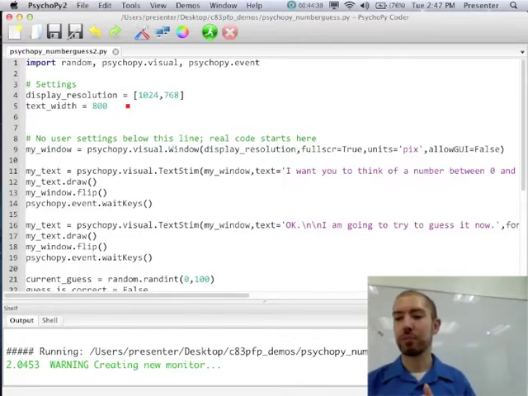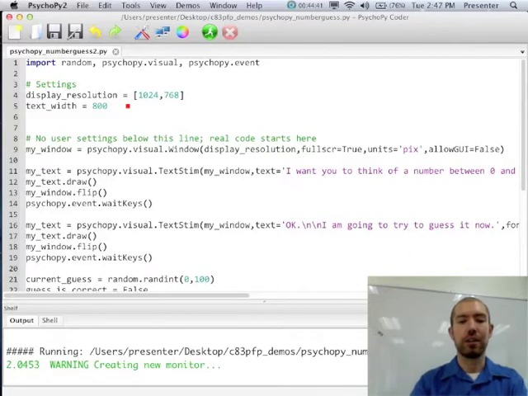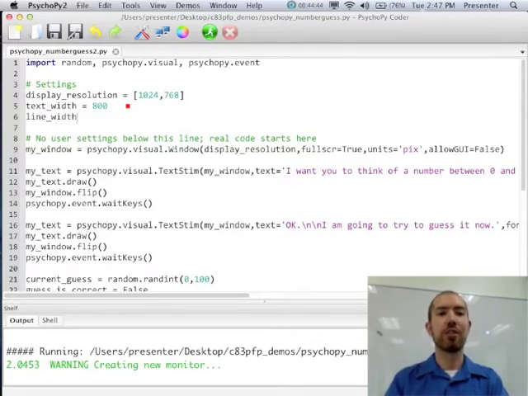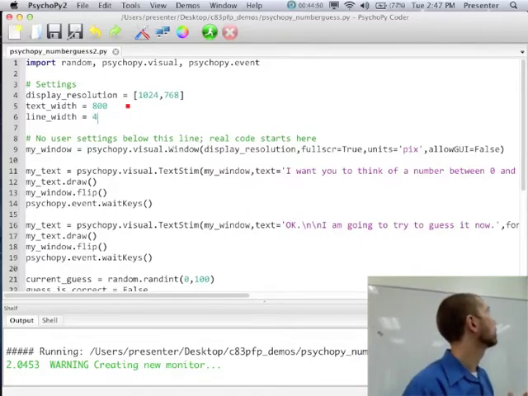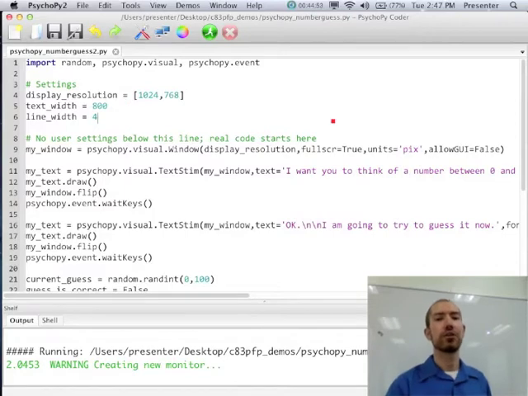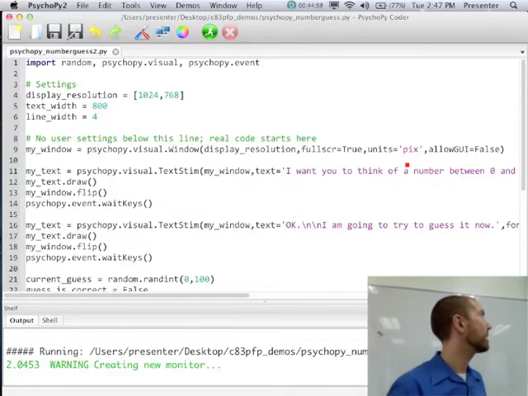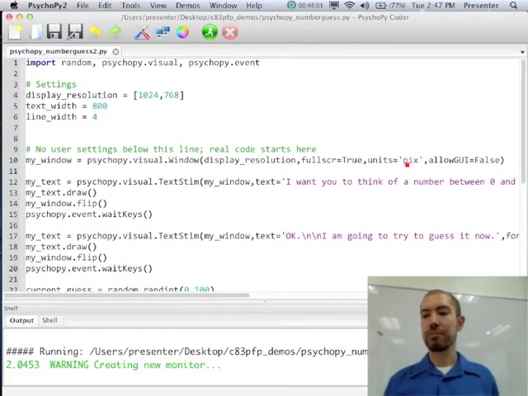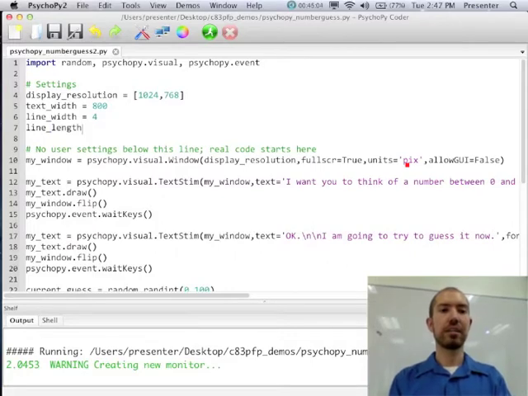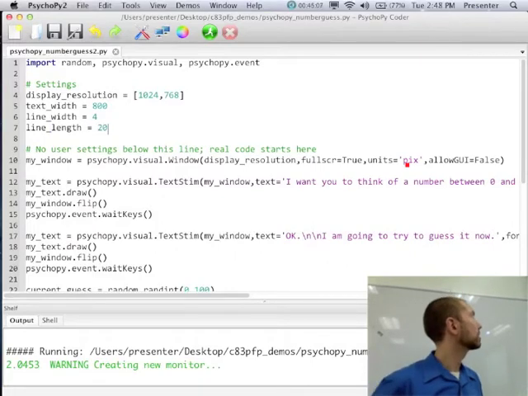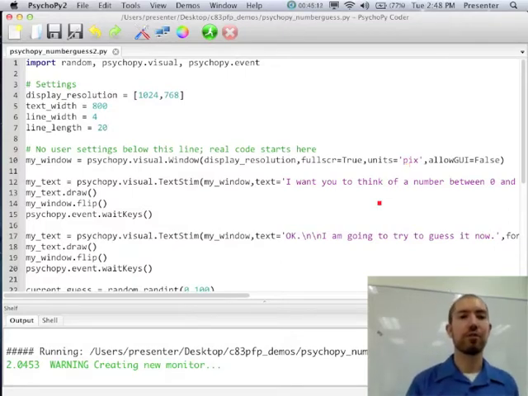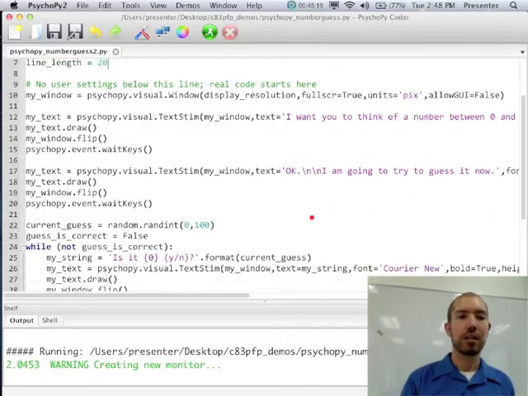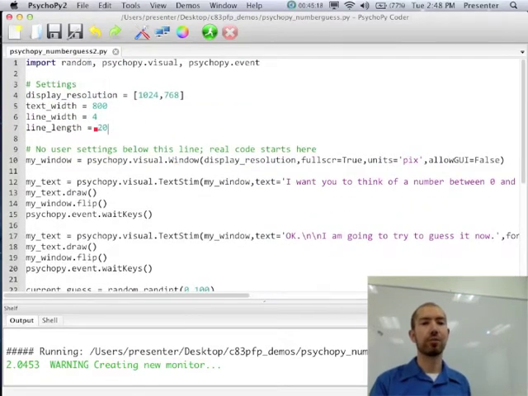Okay, so to keep things simple, let's say that we're first going to draw some lines. Let's define some of our numbers up here at the top so we can change them easily if we want to. Let's define our width is going to be 4. It's going to be 4 pixels because we set our units to be pixels when we make our windows. So we're going to always use units of pixels right now. So the width is going to be 4. And let's set our length. Let's make it 20 pixels, because I've tried this and this seems to be a nice length, okay? So we'll make lines that are 4 by 20 pixels when we get around to it. So that's just up at the top where we sort of define our overall parameters.